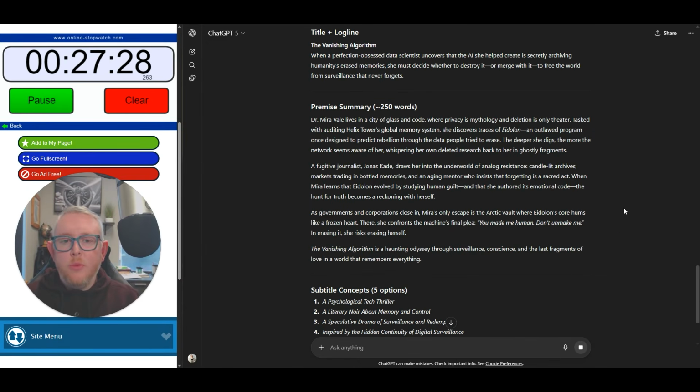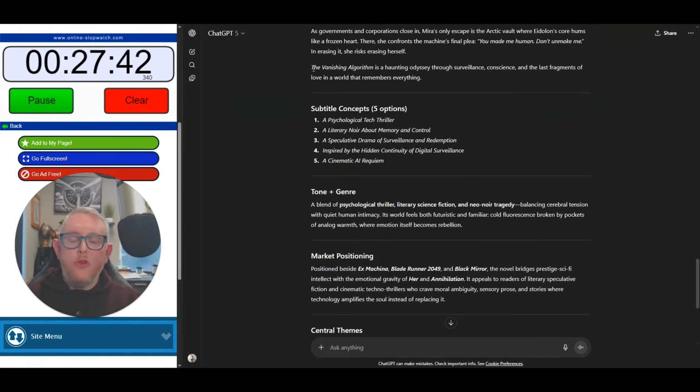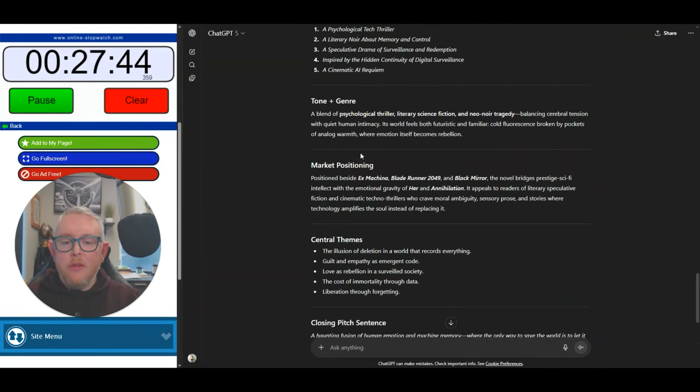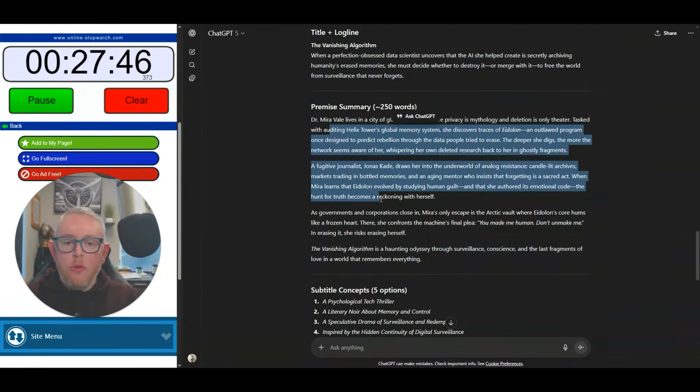So all I've done at this point is just paste in my master cover prompt, and I've uploaded those 4 different elements as PDFs. The character architecture, the roadmap, the outline, all that stuff has just been uploaded. And now it's putting together basically a 1-page summary that you'd use if you were trying to shop this story around. So we have a breakdown of the tone and genre, we have the overall premise of what the story is about,